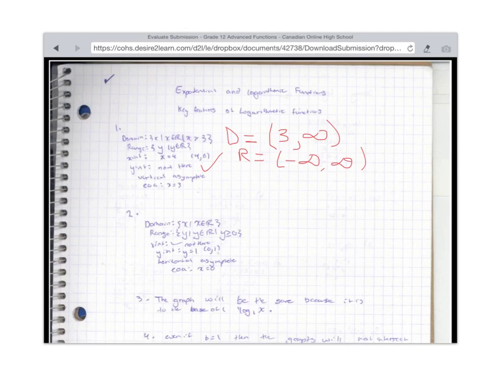Okay, so you're right, there is no y-intercept. There is a vertical asymptote at x equals 3. That's correct. The other thing that you were asked to complete in the question was the intervals of increase and